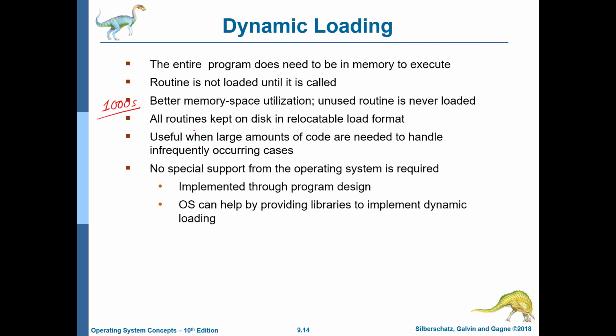All the routines which are kept on disk are in a relocatable format, which basically means that we never call a function with its absolute address. Instead, if we are calling printf, printf is basically an offset with respect to some known register. We call that address, and as we have discussed in the past, the first time it's called it loads the code of printf into the address space. At runtime it could be an absolute address, or again a relative address with respect to this space.